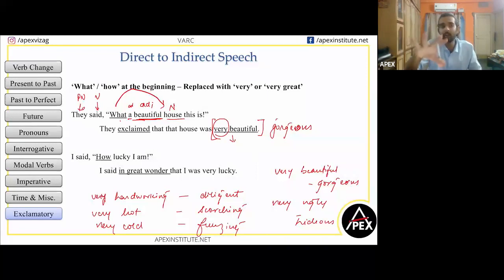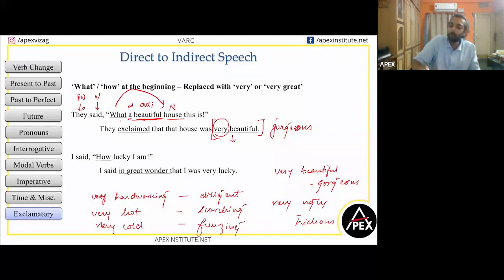Remember guys, you're not learning English from me, you're not learning grammar from me just for your campus placements. Because learning English for an exam is the worst thing you can do. We are supposed to be learning a language so that we can speak in that language. And these things will help you speak in that language.